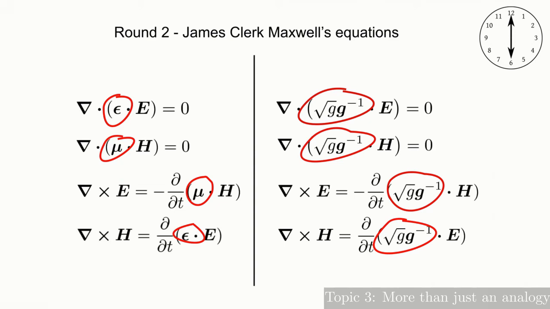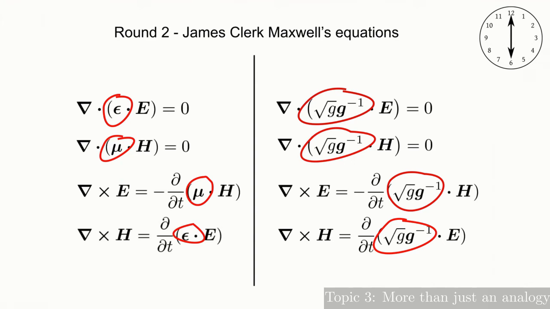Now, on the left of the line, we have these red circled quantities, this epsilon, the funny E-looking thing, and mu, the funny sort of U-like thing. And all you have to remember is that, in this case, what these represent is the properties of a material. So these are sort of generalizations of the refractive index. They're the properties of the material, what we've been talking about throughout most of this talk. And on the right of the line, we have Maxwell's equations now, not in a material, but in a gravitational field. Now, the gravitational field has certain properties, and these properties are